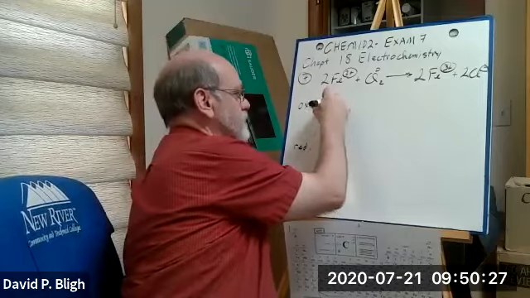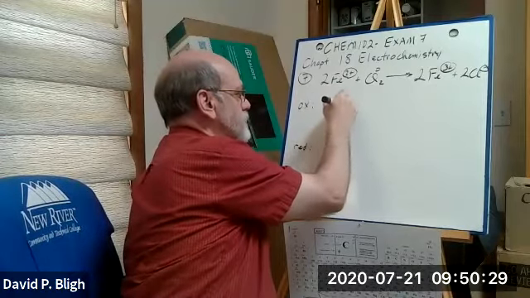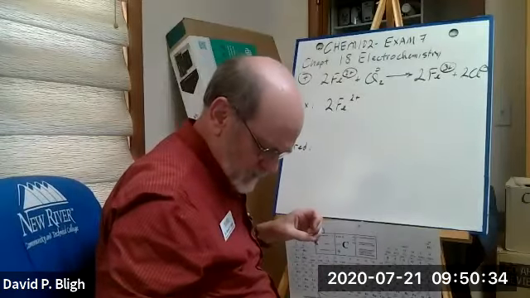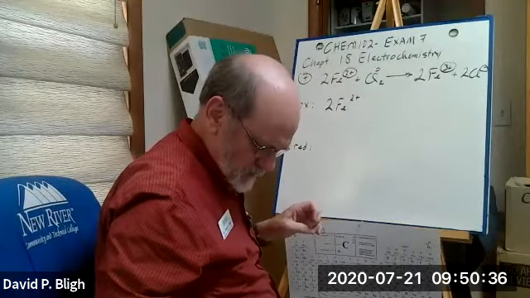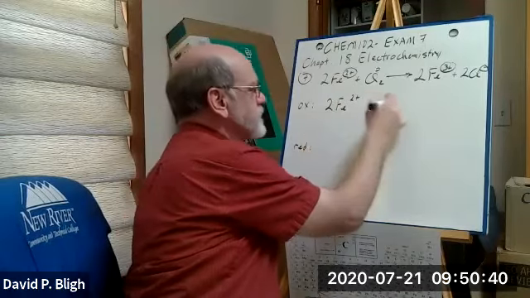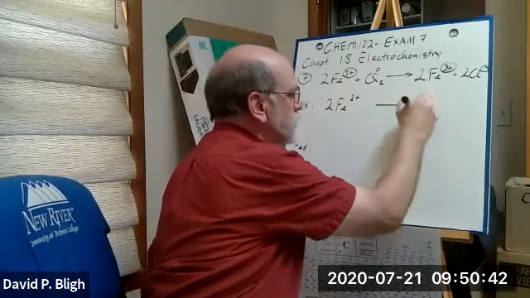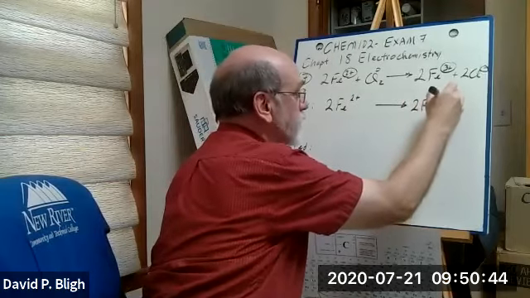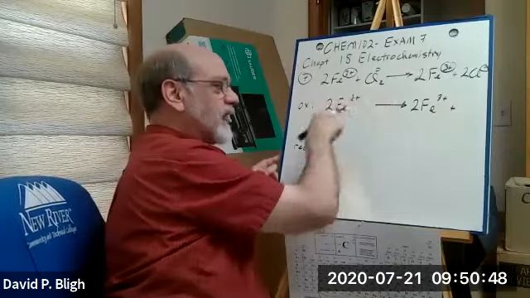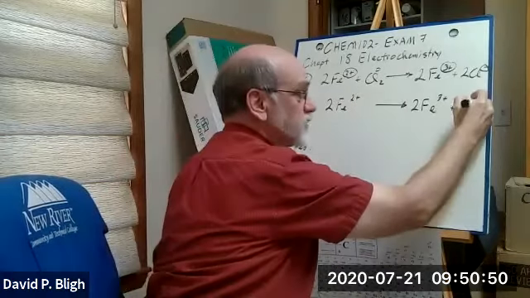So if we have 2 Fe, did I write that correctly? Yes. Iron 2 plus goes to iron 3 plus, and it lost 1 electron per iron, which means